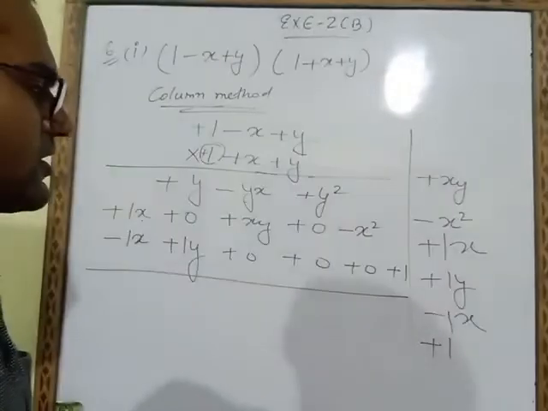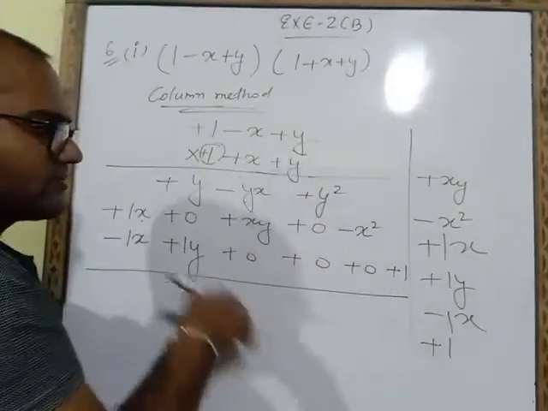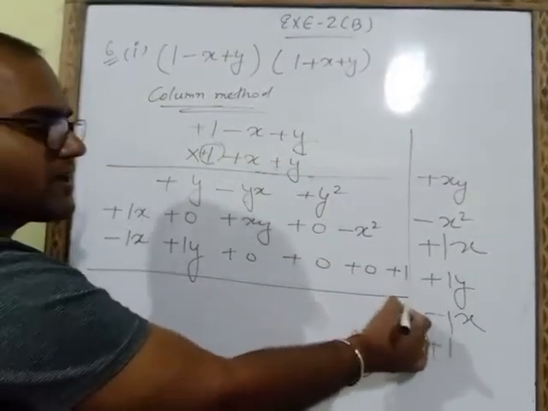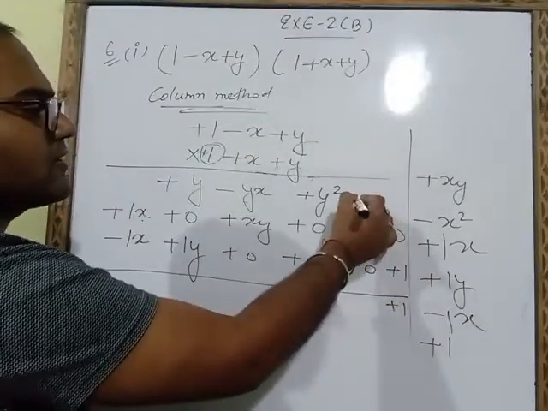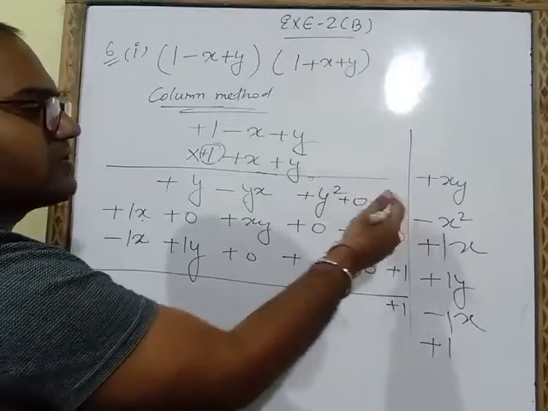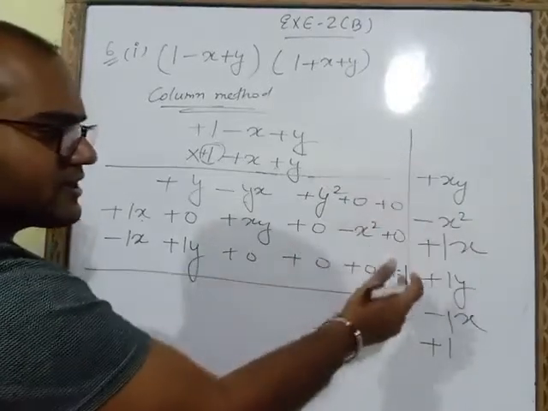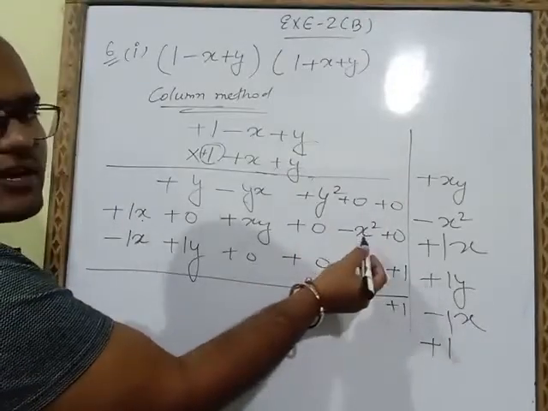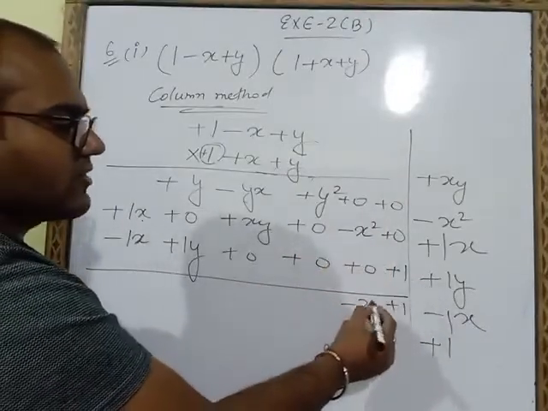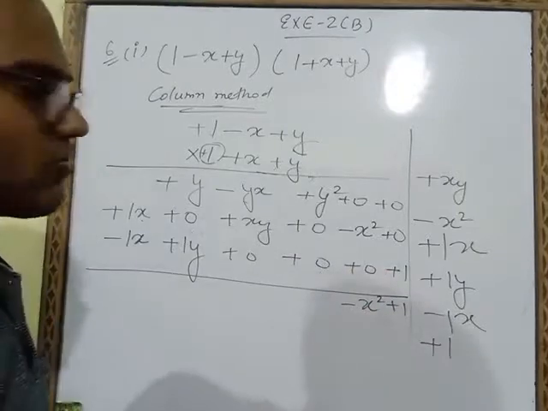It's your choice. Now all the three terms we had multiplied with this full algebraic expression. Now we will add these terms. This plus 1 we will write as it is, because it is a single term. On the top nothing is coming, so here we will fill 0. So on adding these three we will get 1. It is 0, it is 0. So what is the remaining term here? Minus x square. So we will write minus x square.